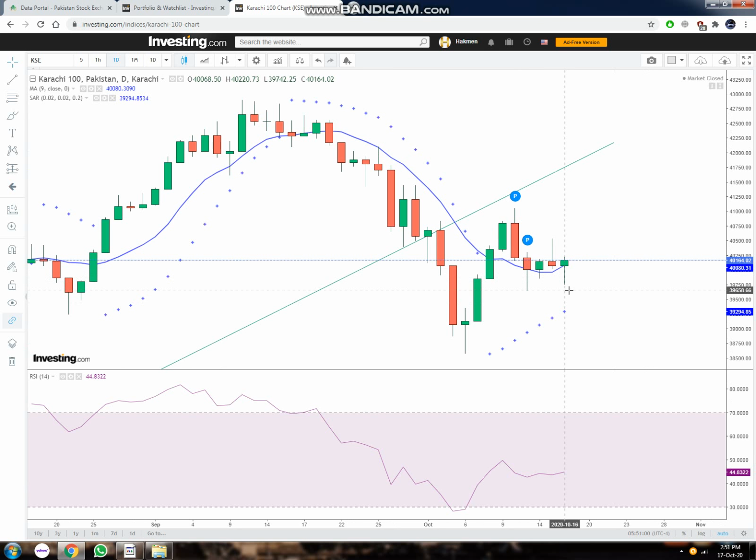As you can see right here at the last candlestick, you can guess from the activity of the bulls and the bears. When the market opened, the bears pulled the market down up till this point, but the bulls pushed the market back up, closing at 40,164 points, gaining about 95 points, and closed above the previous day's close, which is a great sign of strength